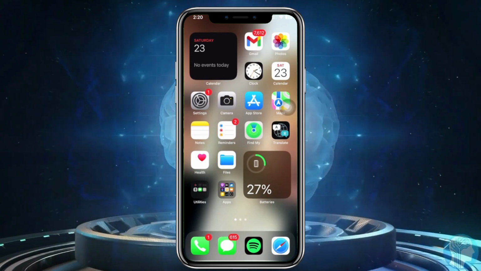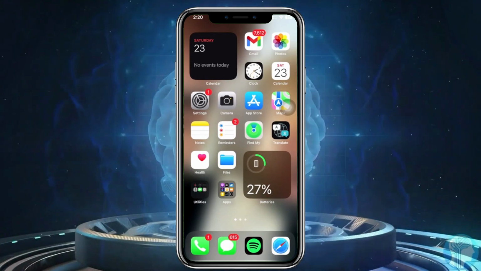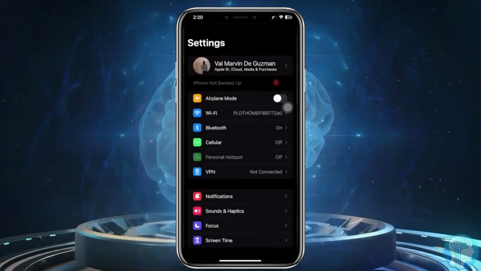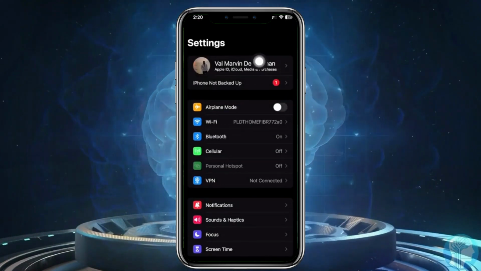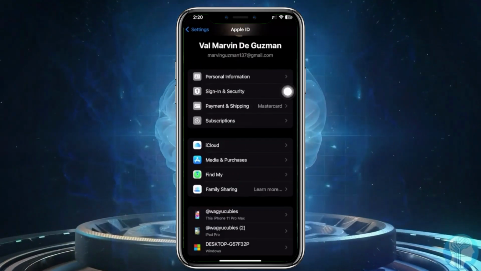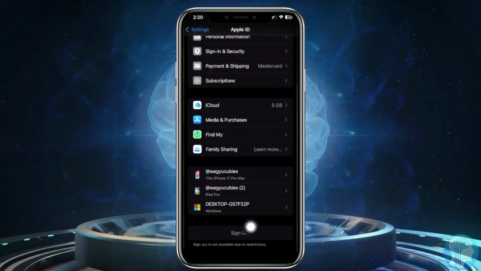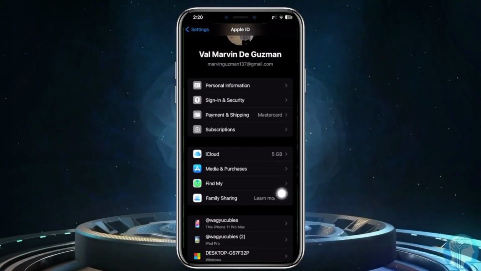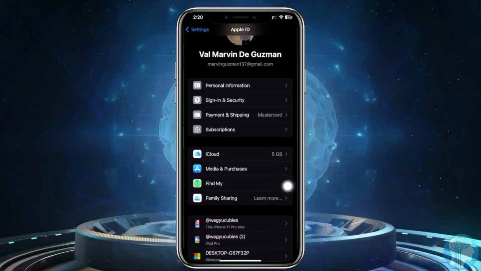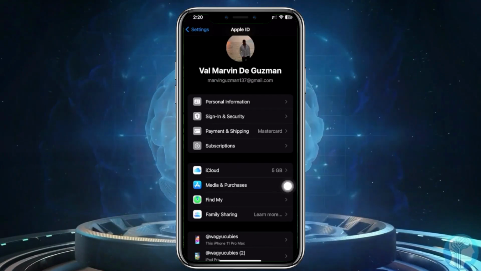Going over onto the Settings application, let's tap on your name to see the Apple ID right here. As you see, you have the option to sign out, if you prefer to do so. If you want to see your password, of course, you need to sign out, go back in and sign in, or in the case that you can't sign out, what we can do from here is